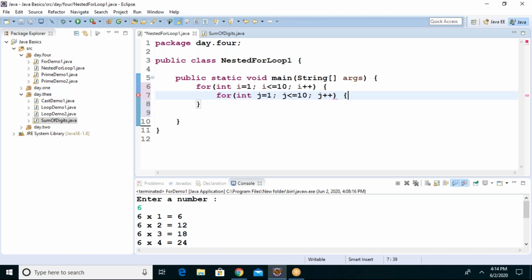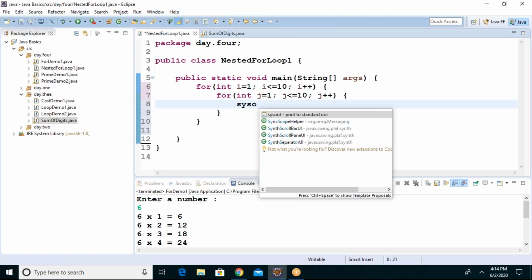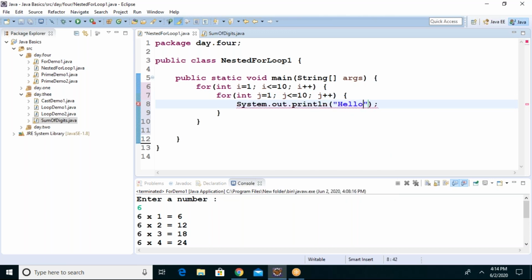Then I just print a hello message. Can you tell me how many times this hello message will be printed onto the screen? How many times, guys? 100. 100 times. Yeah. Does everybody accept 100 times, or does somebody say 20 times?